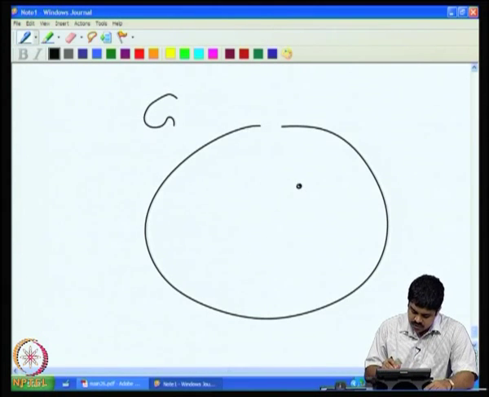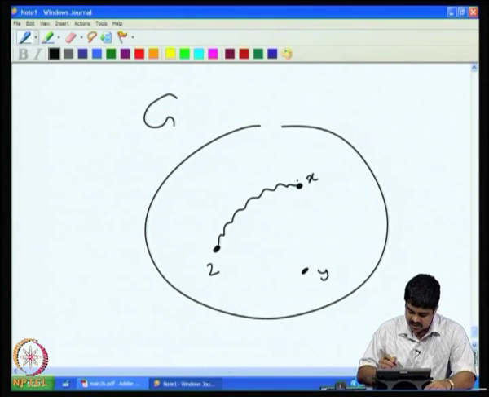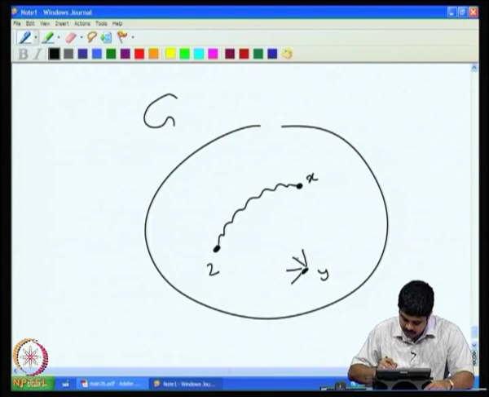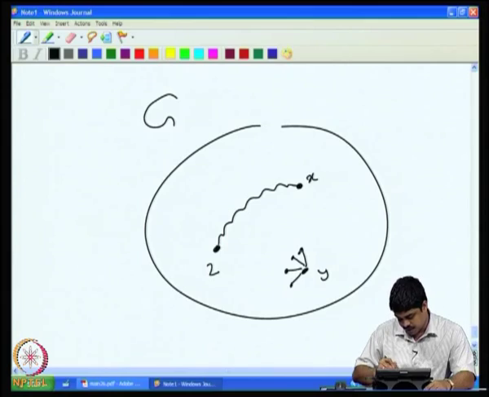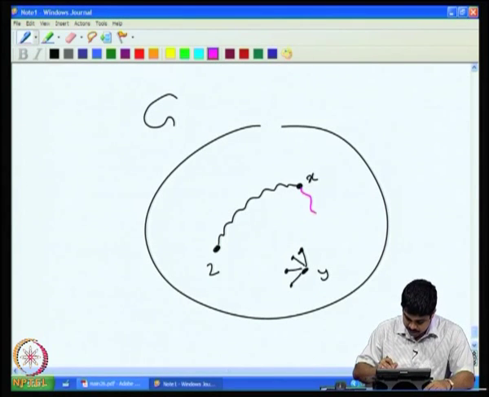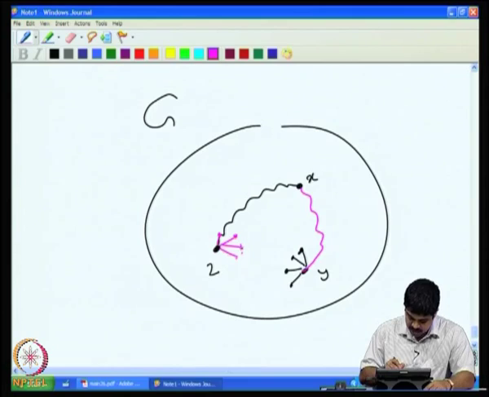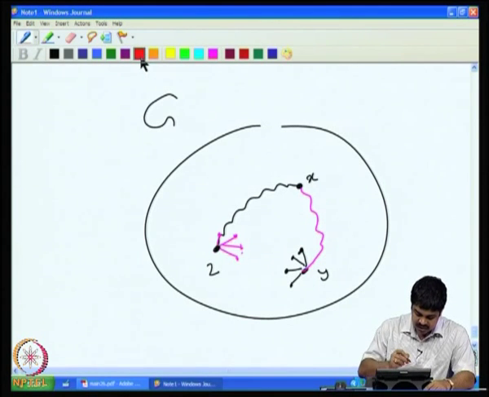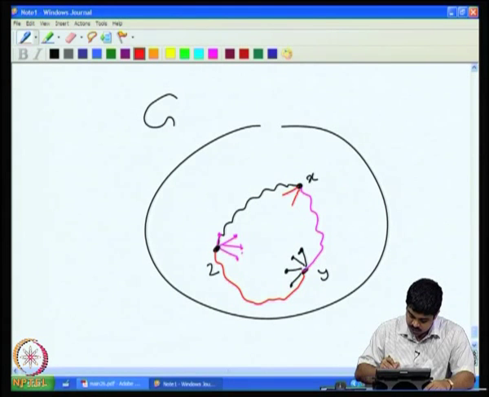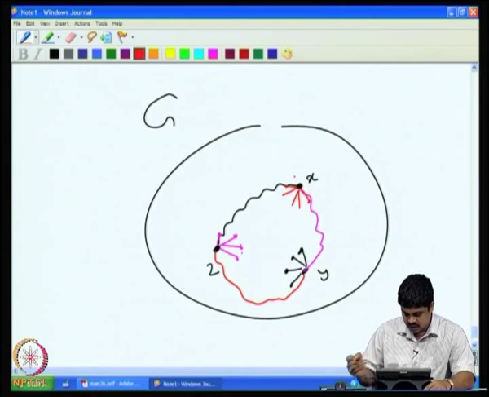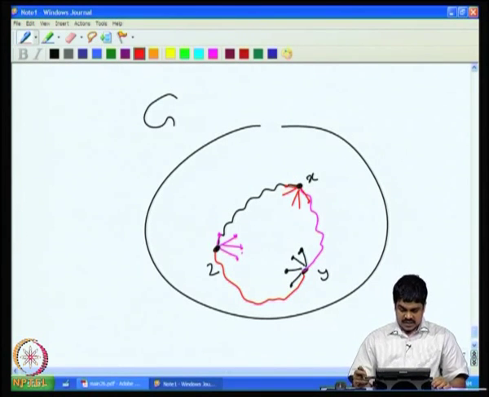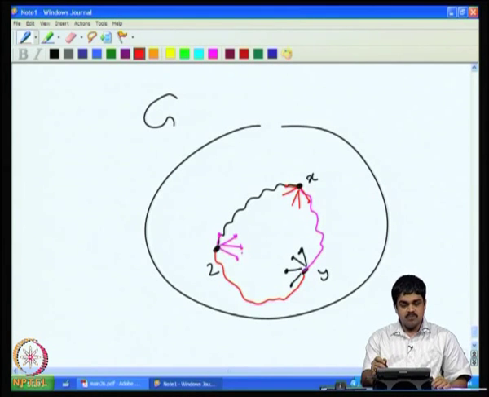So, this is the graph. Suppose you can identify 3 vertices, say x, y and z, such that there is a path between x and z which does not go through any of the neighbors of y, and there should be a path between x and y which avoids the neighborhood of z. That means no neighbor of z takes part in this path. Similarly, there should be a path between z and y which avoids the neighborhood of x. Suppose you can identify 3 such vertices, an independent set, that means 3 mutually non-adjacent vertices with this property,